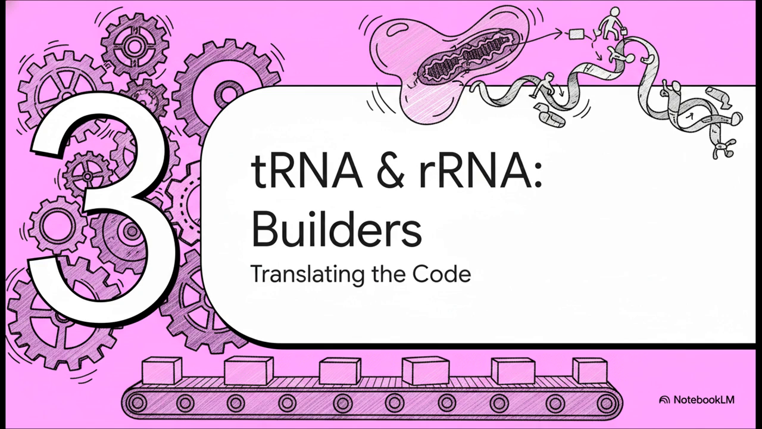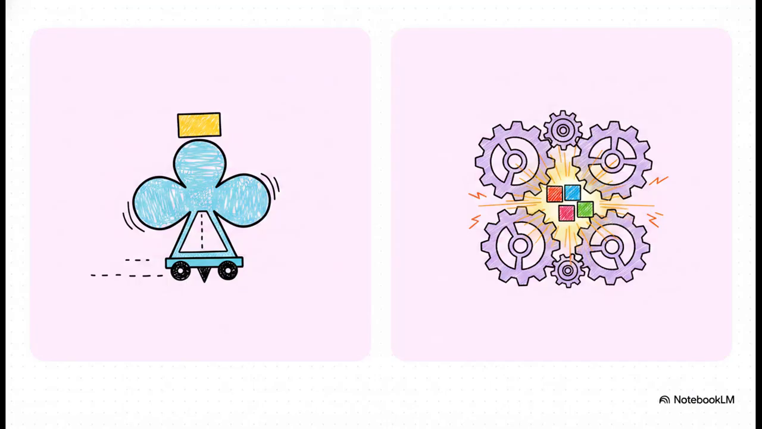Section 3, tRNA and rRNA. So the crucial point here is the contrast between the 2 main workers on our assembly line, tRNA and rRNA. On one side, we have transfer RNA, or tRNA. These are short 70 to 90 nucleotide molecules folded into a really distinct 3-dimensional cloverleaf shape. You can think of them as the factory's transport trucks. One end carries a specific amino acid, and the other end features an anticodon that perfectly pairs up with the